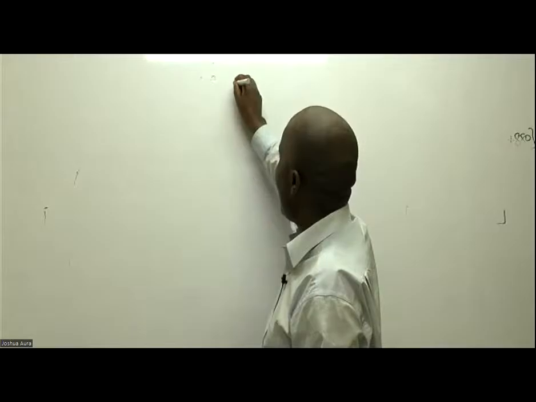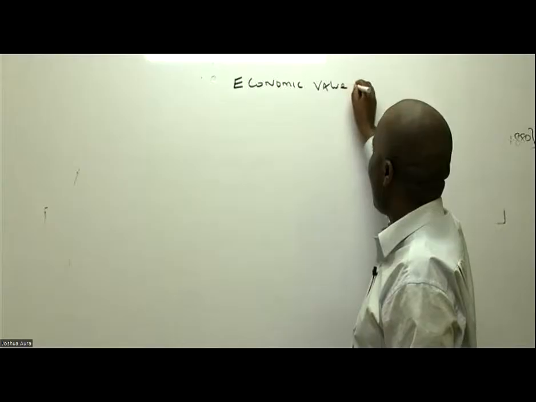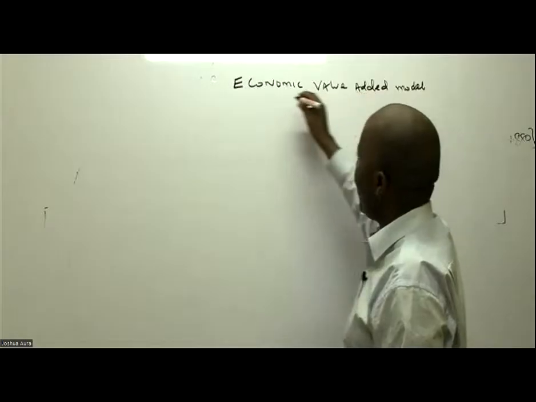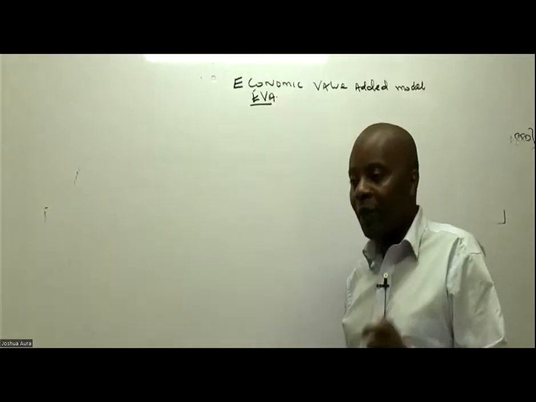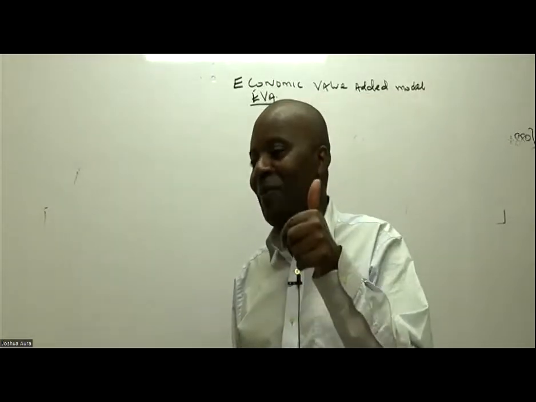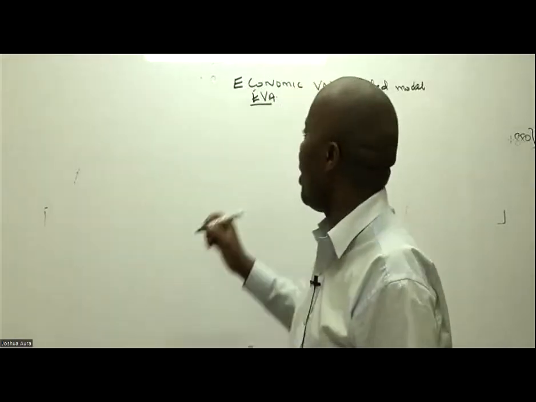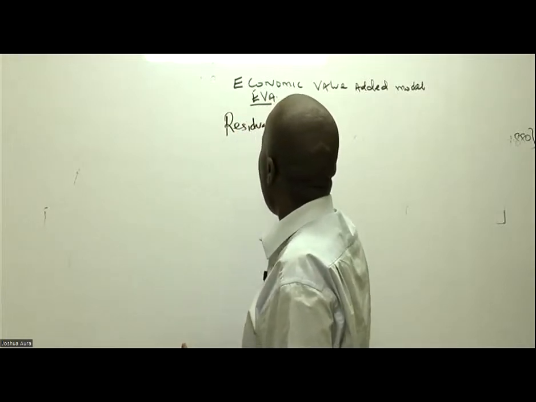I believe so. Great. So right now, ladies and gentlemen, we are doing what we call the economic value added model, EVA, very popularly known as what here? EVA. Remember, EVA borrows heavily from where? From residual income. So we cannot really start this EVA model without you telling me: